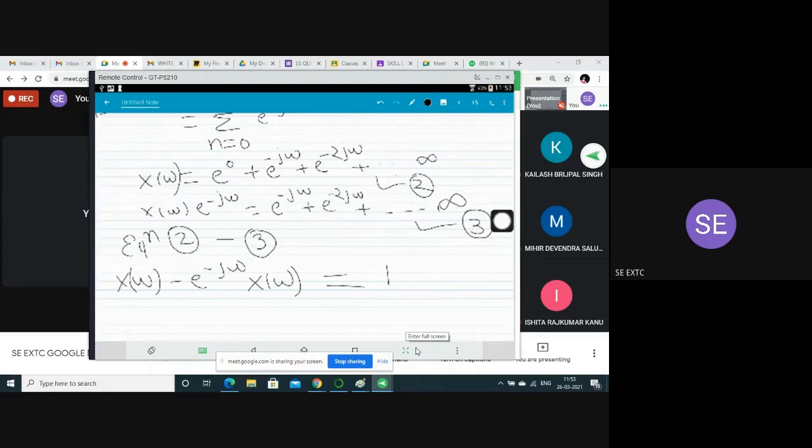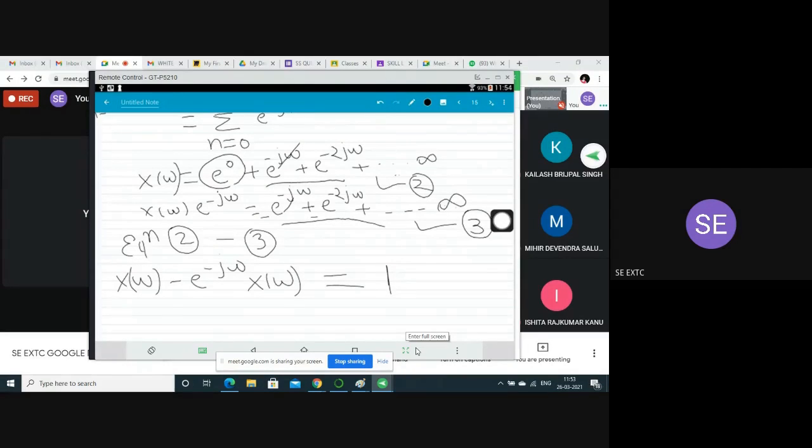Okay, because this is all minus here, so all these values will get cut. Okay, so here what will come? Minus, minus, minus will come, so these minus and plus values will get cut, and e to the power 0 becomes 1 here.